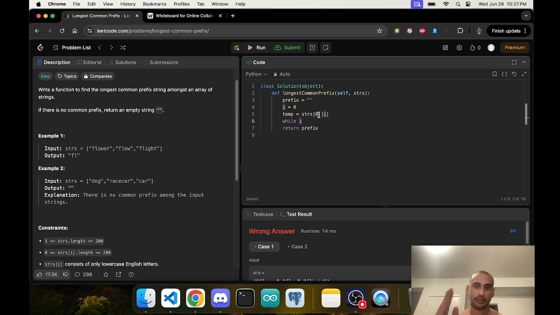We just iterate through the first word and use the first word as the reference point. Because if the first word has FL and everything has a prefix, it's going to match up until the full length of the first word, that's the worst case scenario. So i equals 0, strs[i], and then while i is less than the length of